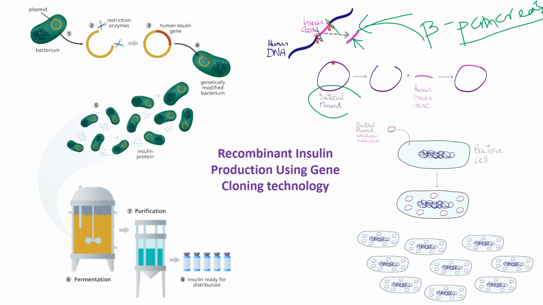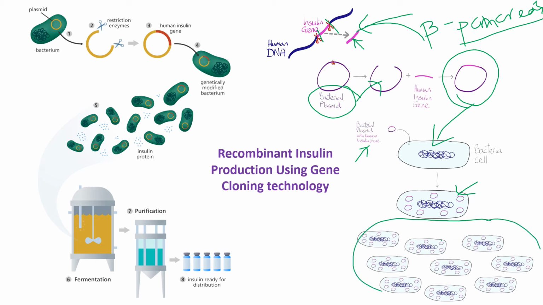Now we will clone that fragment within the bacterial plasmid vector, creating a recombinant DNA molecule. This bacterial plasmid with the human insulin gene is then placed back into a bacterial cell, where it will multiply in numbers, and the bacteria will divide. It will have a colony of its original cell having the ability to produce multiple copies of your recombinant DNA molecule, rDNA, containing the insulin gene.